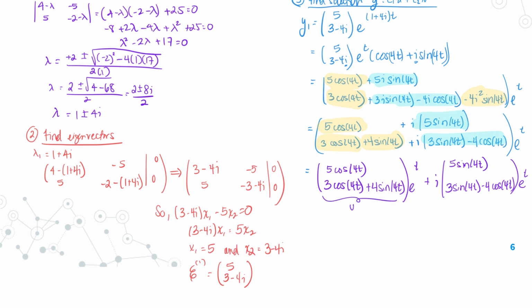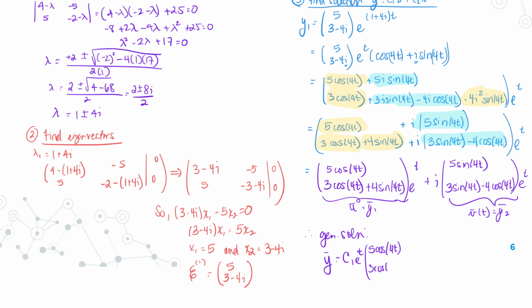This is our u, which is y1. This is our v, which is y2. So our general solution is y equals c1 e to the t, I'll just put that with it, and 5 cosine 4t,